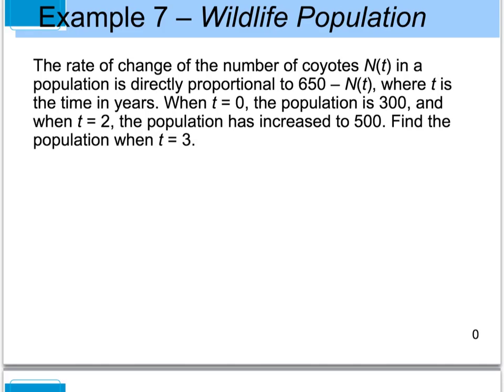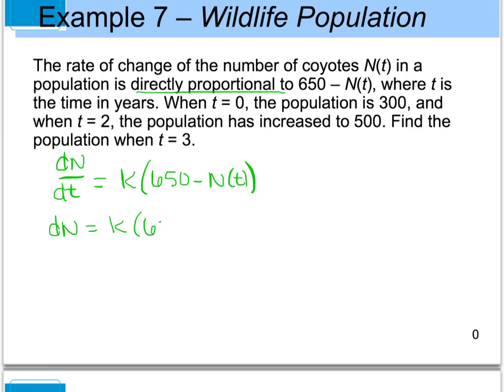Well, when you see that key phrase that says the rate of change is directly proportional to, you should think back to section 6.2, where we could rewrite dN/dt as a proportional function, which was k times whatever we're proportional to. And in this case, it's that 650 minus n of t. If we use our separation of variables technique, we see that we have dn is equal to k times 650 minus n of t